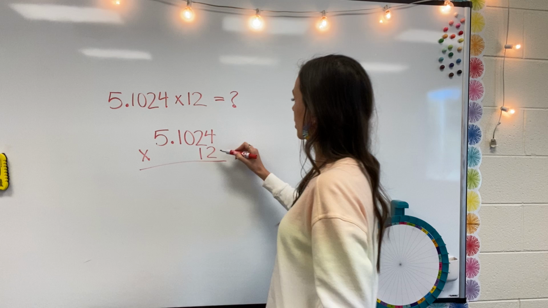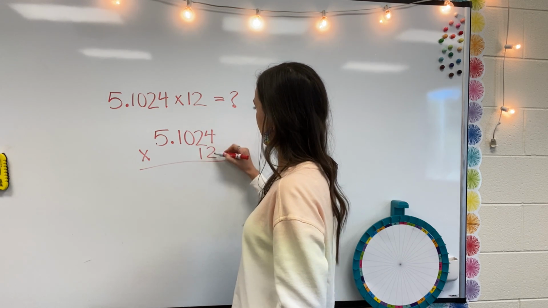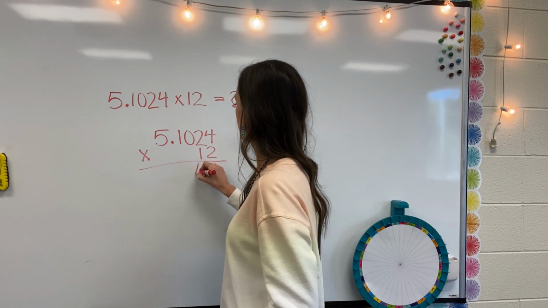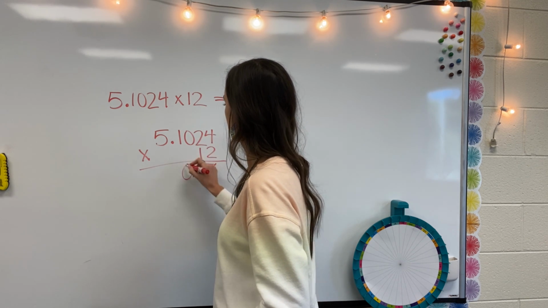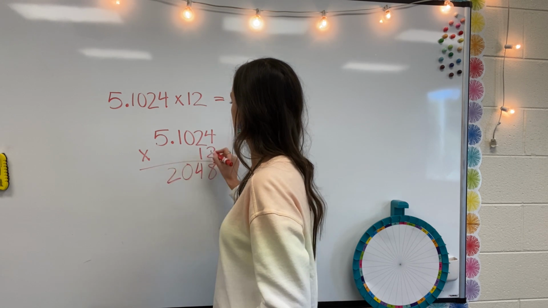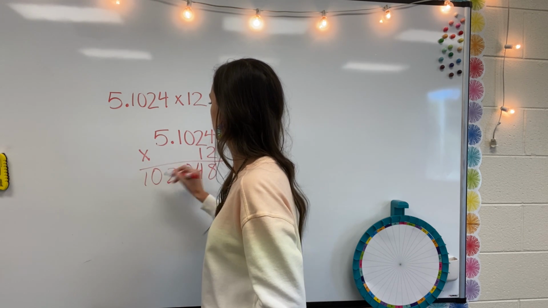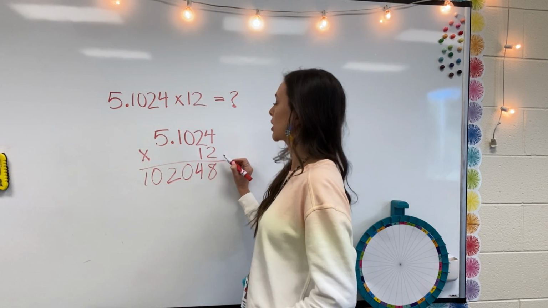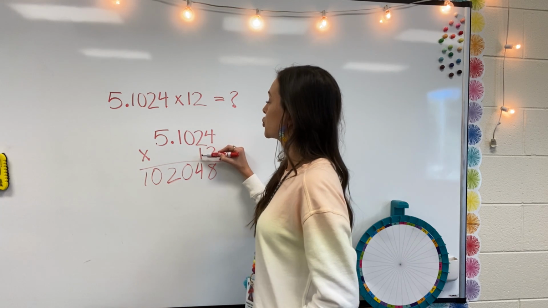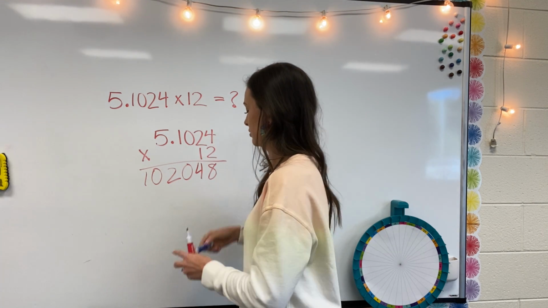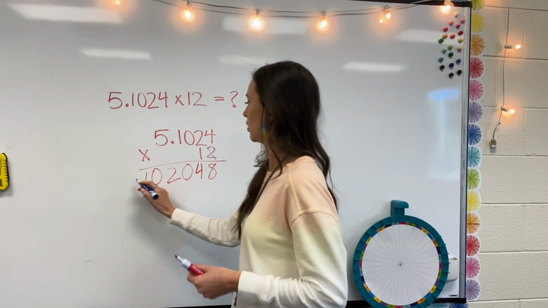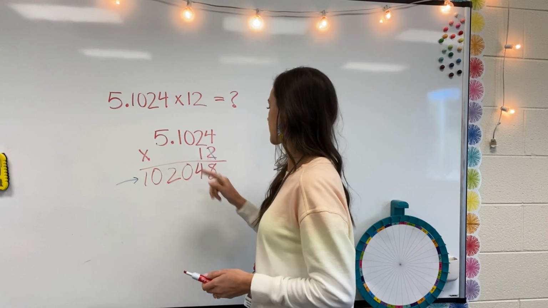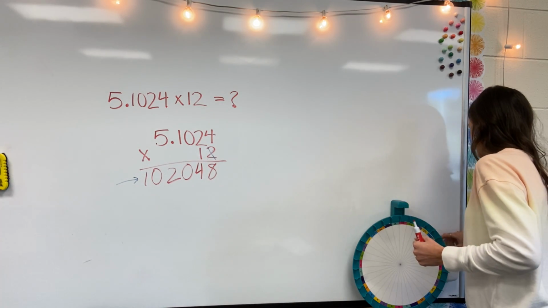All right, so we're going to start in our ones place here. I see I have 2 times 4, which gives me 8. 2 times 2 is 4. 2 times 0. 2 times 1. 2 times 5. All right, now this is where we're taking it up a little level, so watch out. Now that we're finished with our ones place, that's what all of this is right here. That's our ones place. And now that we are looking in our tens place at that 1 right there,